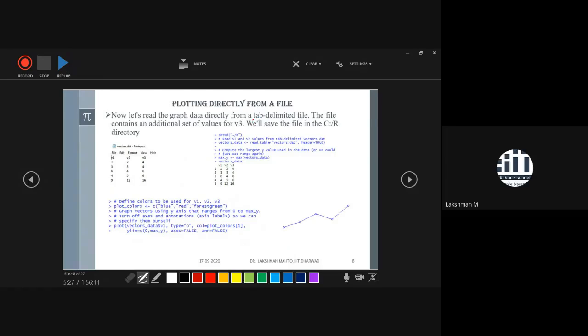That file we call a tab delimited file. So what kind of file? TDF. This one may be a text file. What is the extension of a text file? TXT. What is the extension if you want to create a CSV file?